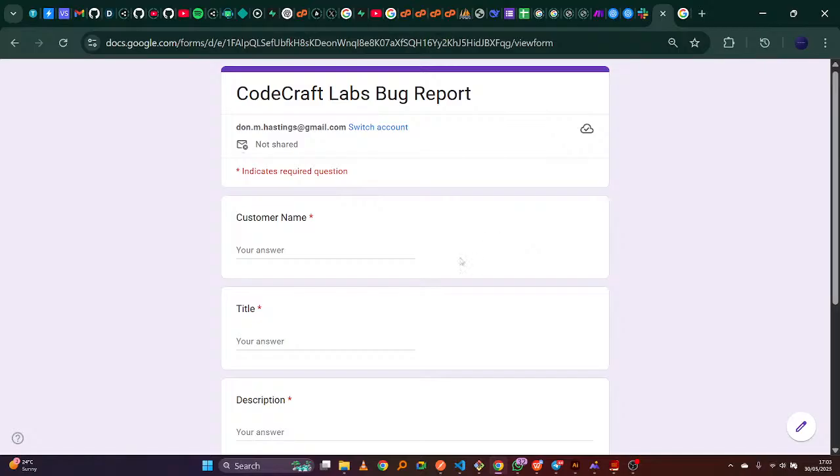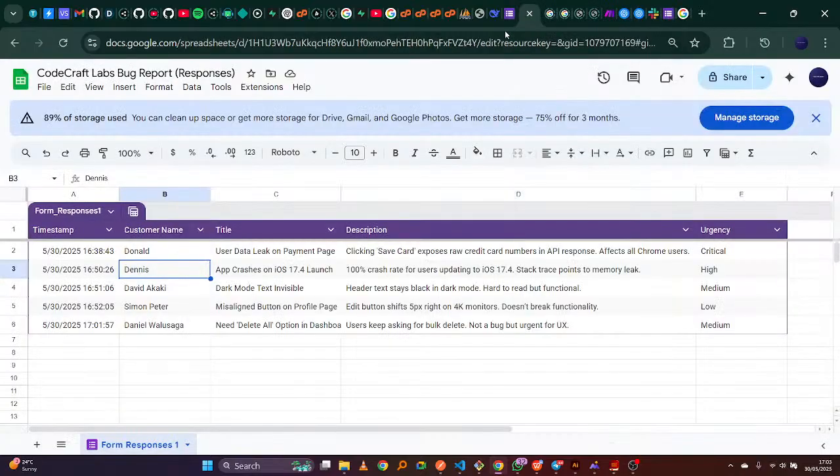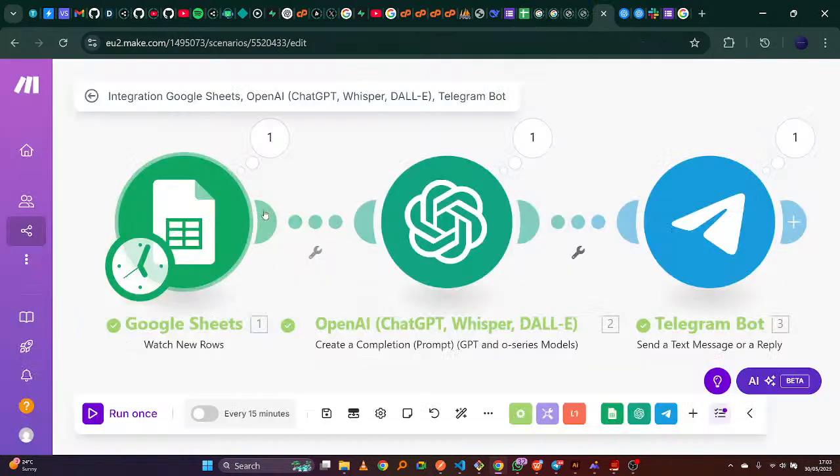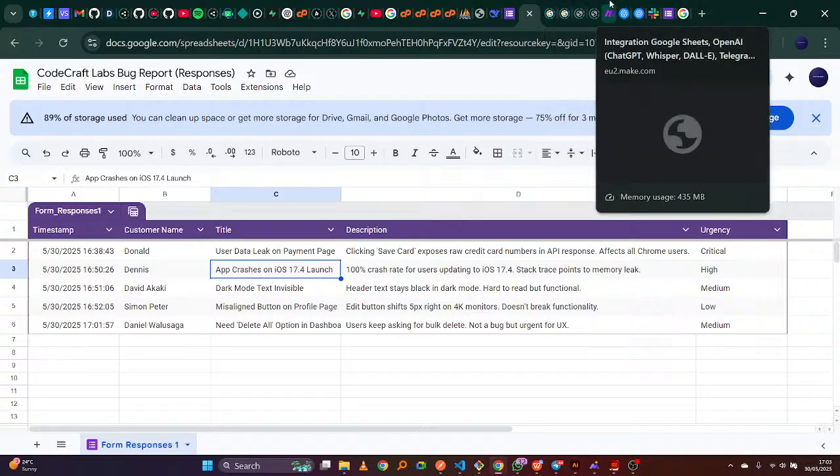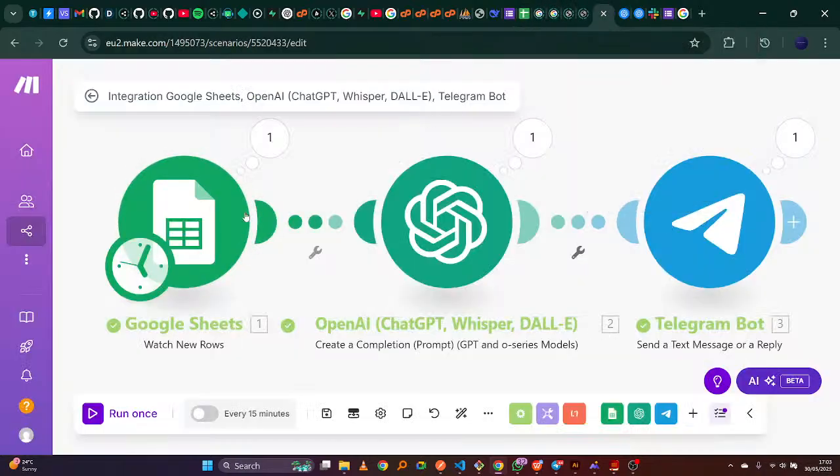The Google form submits them here in this Google Sheet. The trigger watches for any new rows that are submitted here, passes that information into our AI module, which we've told to analyze, give a severity level, and suggest how to